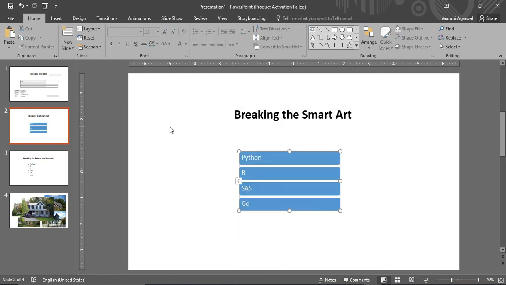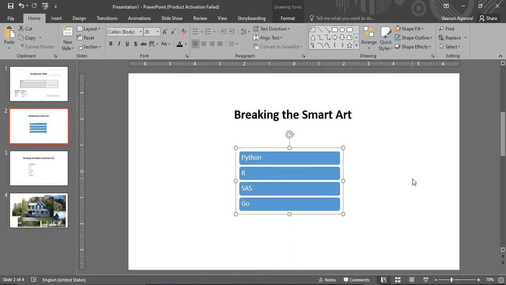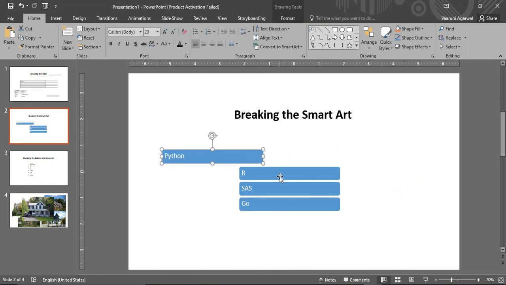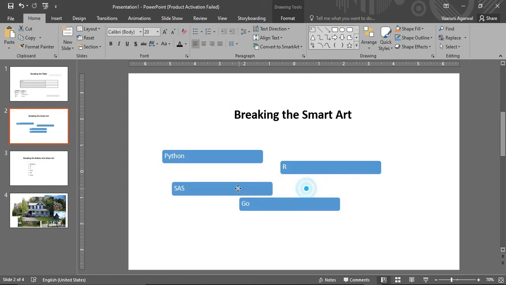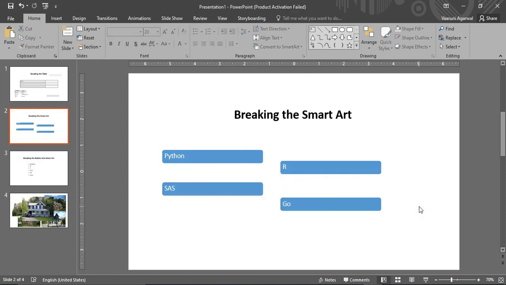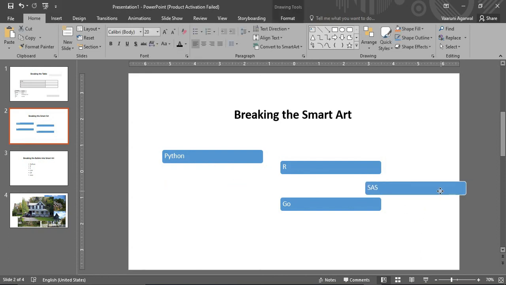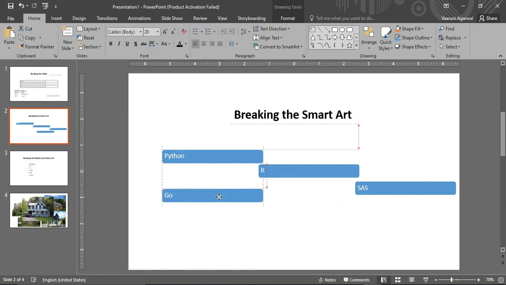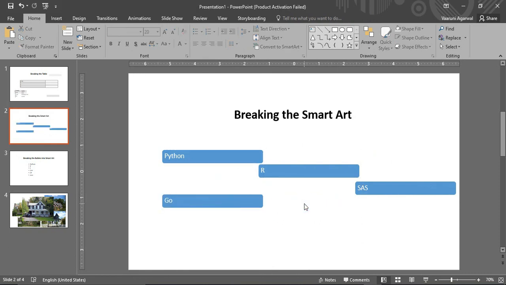For this we have the option of breaking the SmartArt. All you need to do is select the whole SmartArt and press the shortcut Ctrl Shift G once and once again, so that's twice. Now you can just rearrange them as you want. Like I wanted this rearrangement, which looks pretty good to me. If you want more steps, you can arrange it like this, or basically any way you want. So this is how you can break your SmartArt into something that you like and is more visually appealing.